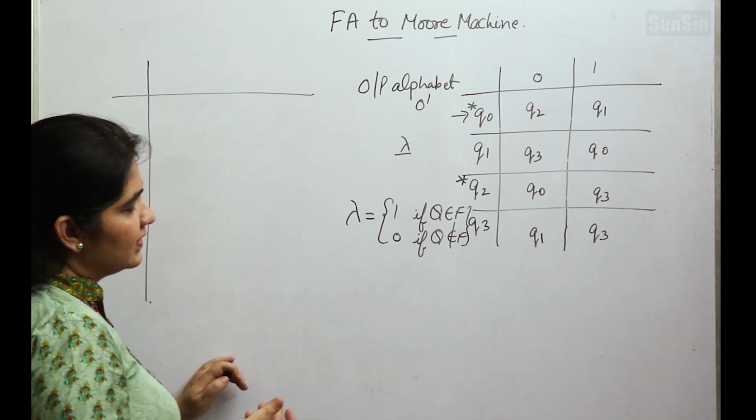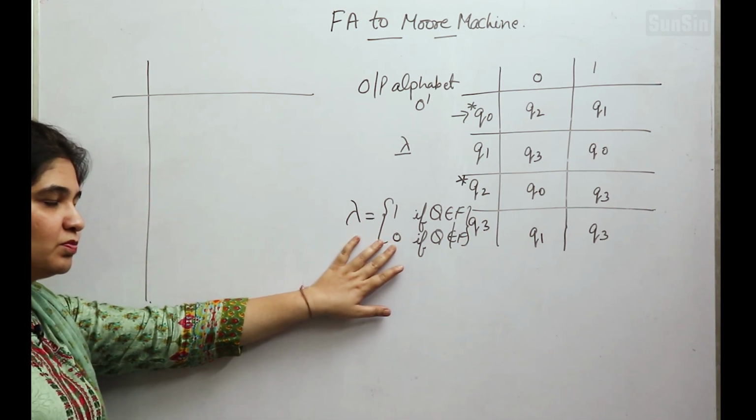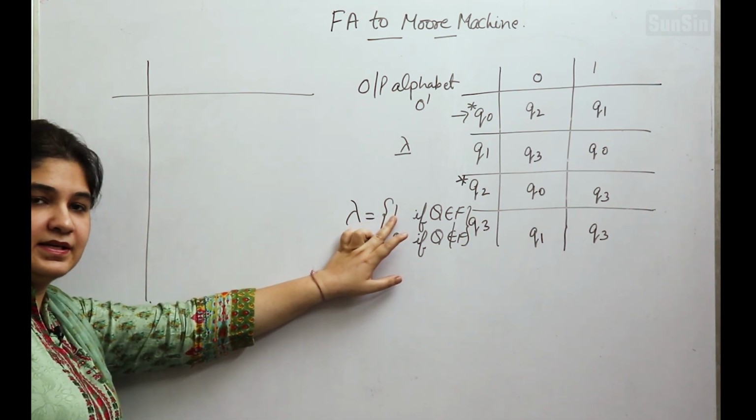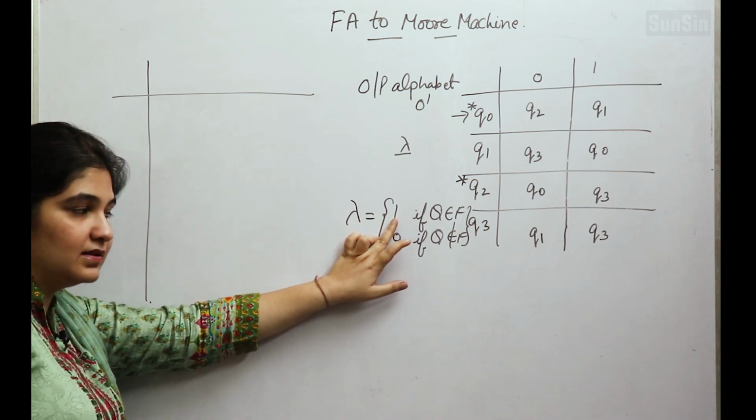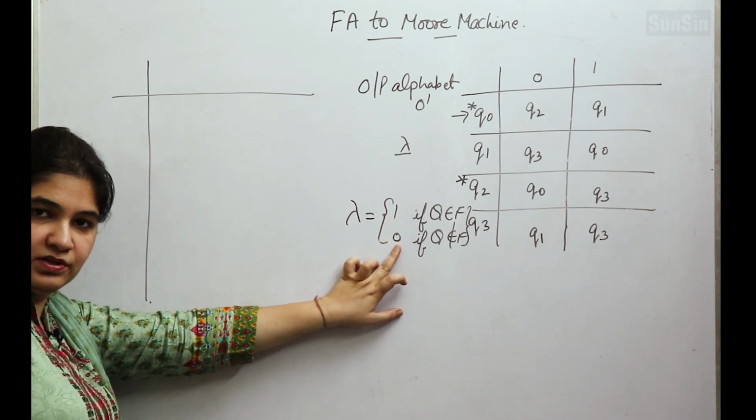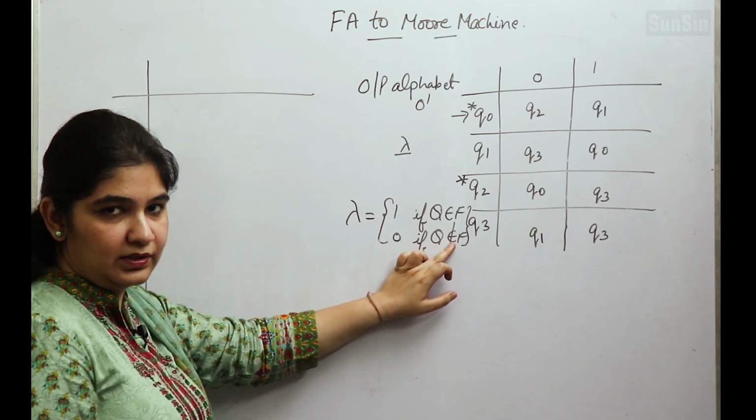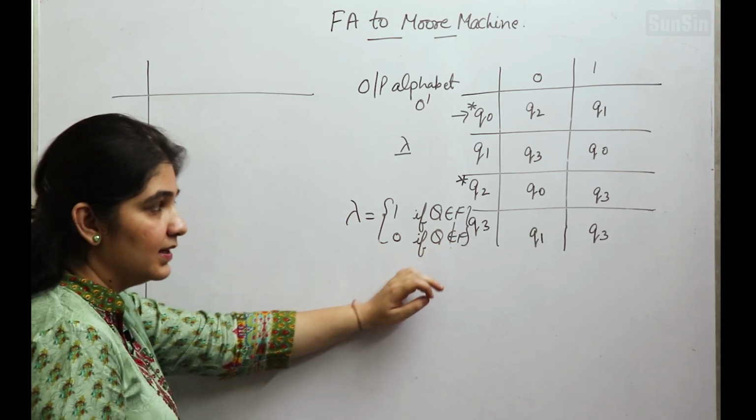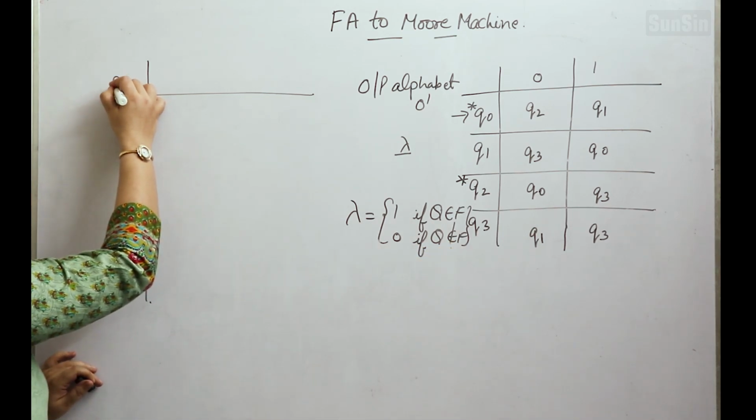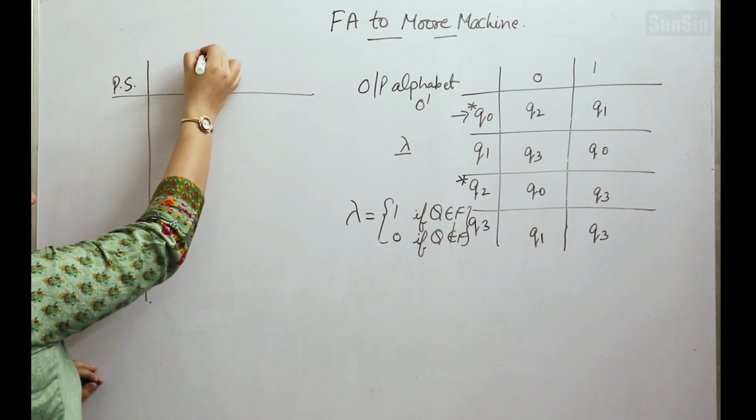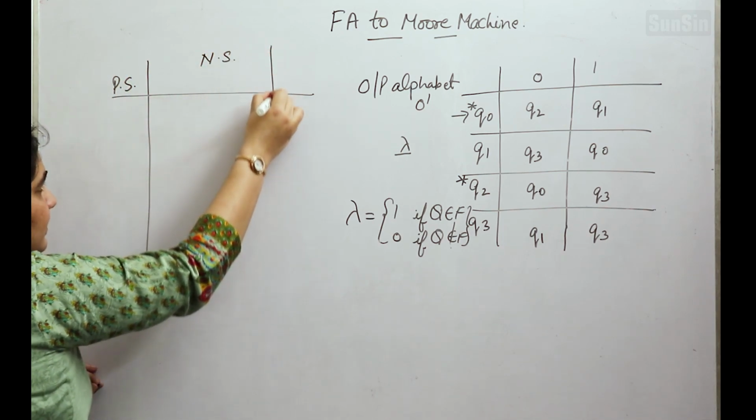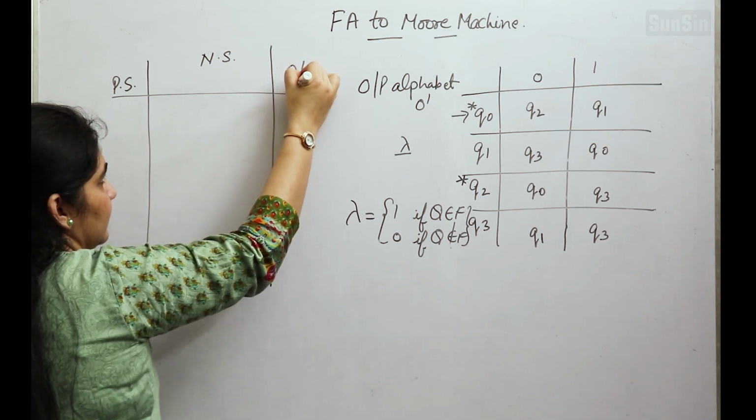Clear? So what does it mean? That the output we will define 1 for the state if that state is a final state. We will define output 0 for the state if that state is not at all a final state. Clear? So we will draw first of all the format of a Moore machine: present state, next state, and the